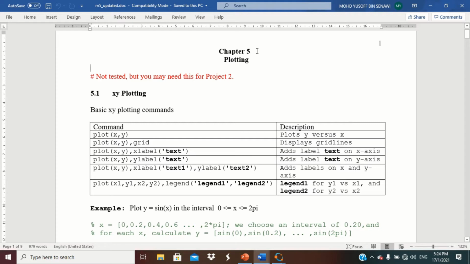In this final lecture, we go to chapter 5, plotting in Matlab. And this is not tested, but you may need this for your project too. 5.1